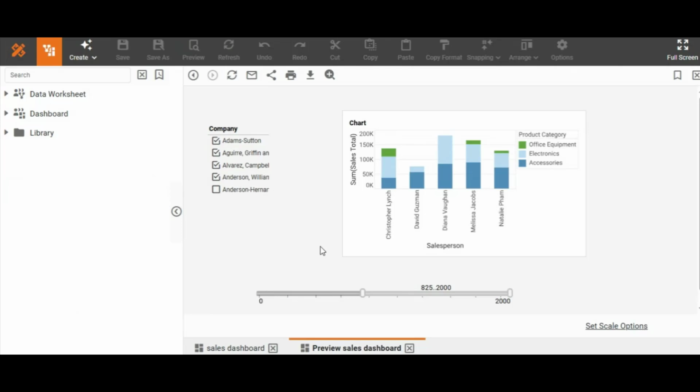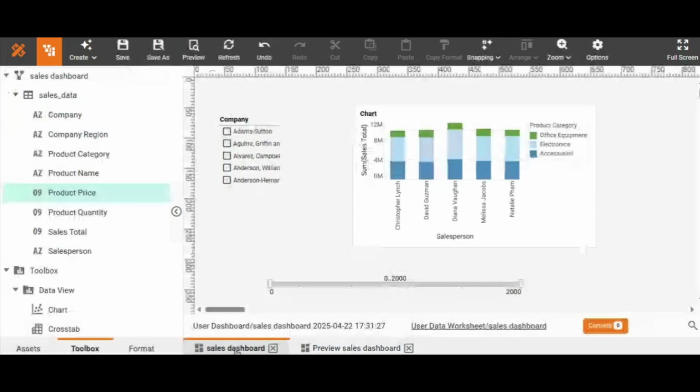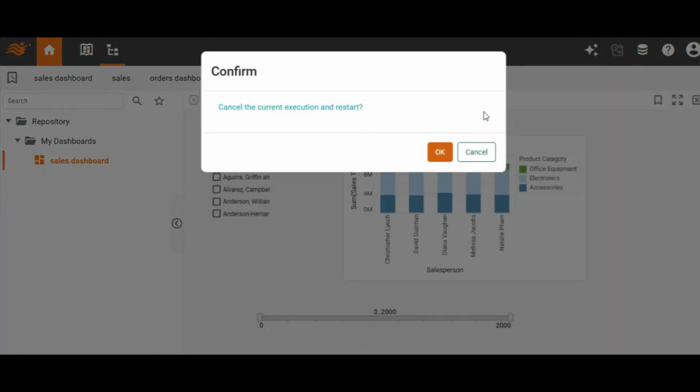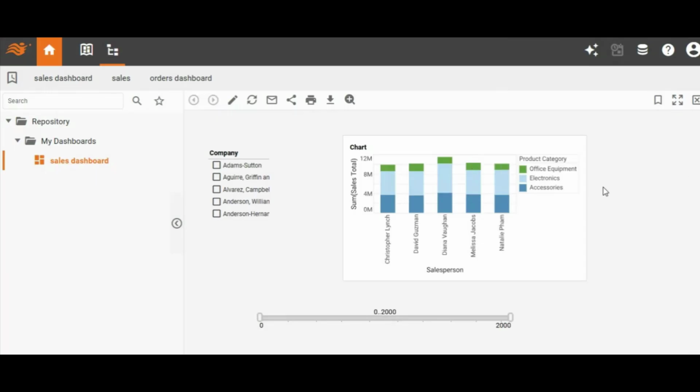And there's also further drill down options that are built into the dashboard that I didn't even add. For example, if I were to view this dashboard in the repository, I see I have the option to view the detail level data for any of these data points. So for example, if I were to select Diana's sales in electronics,